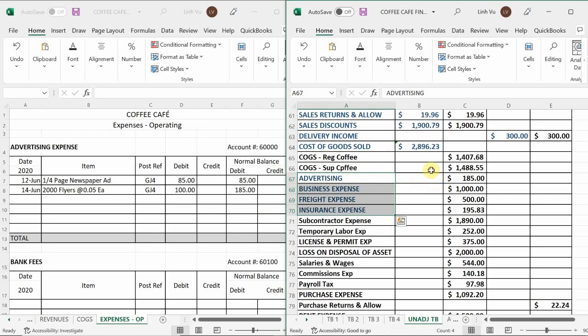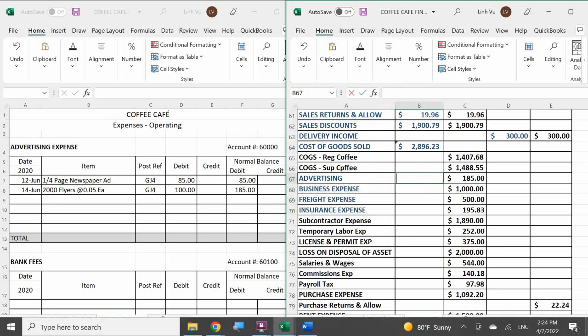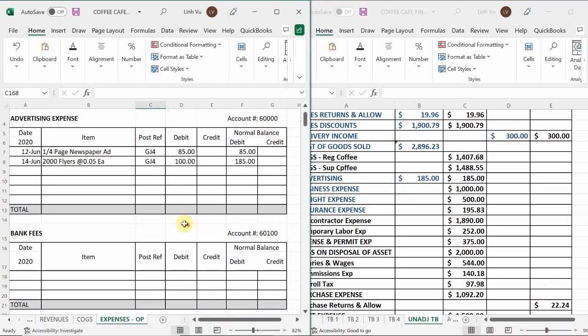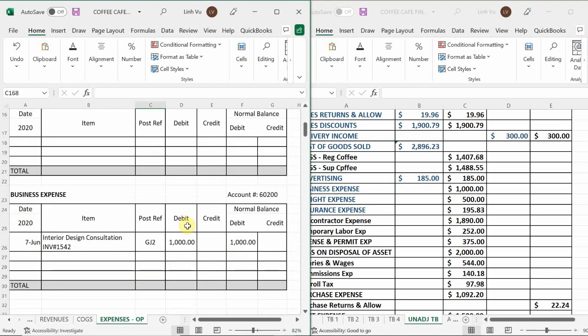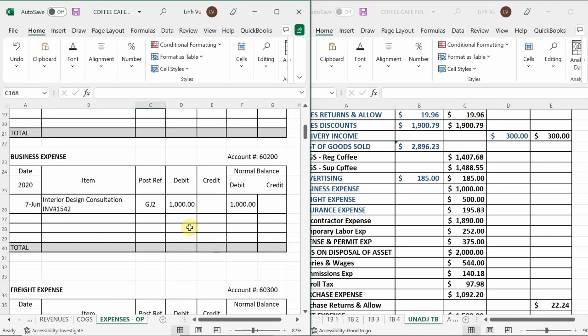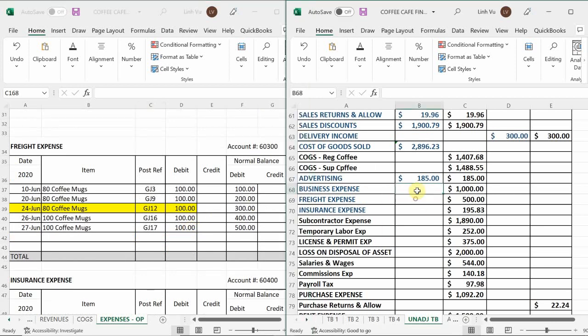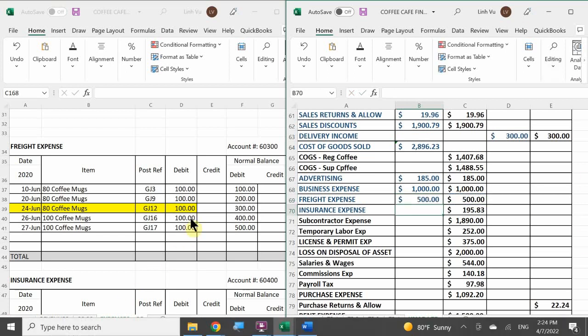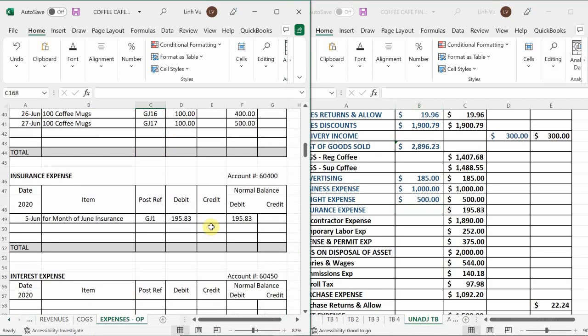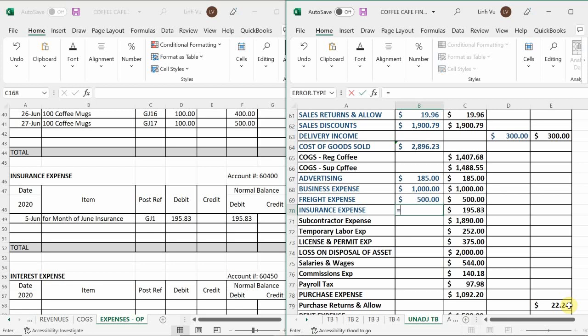Starting with advertising expense. Advertising expense is still at $185. Okay. My bank fees don't have any yet, but we'll do a bank reconciliation during our adjustments. Then we have our business expense for $1,000. Okay. We have freight expense at $500. Okay. We have insurance expense at